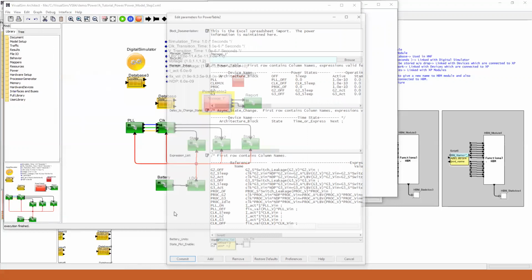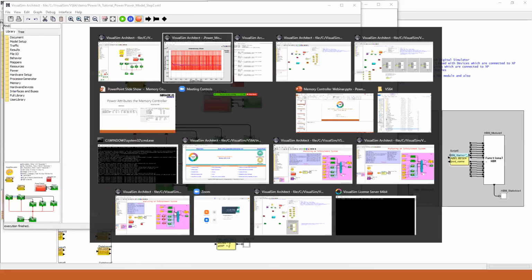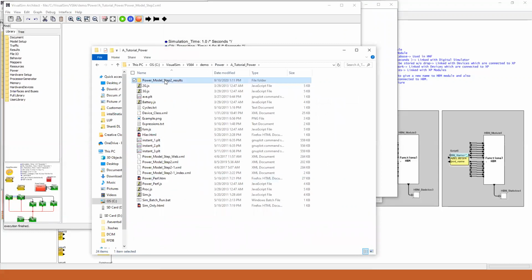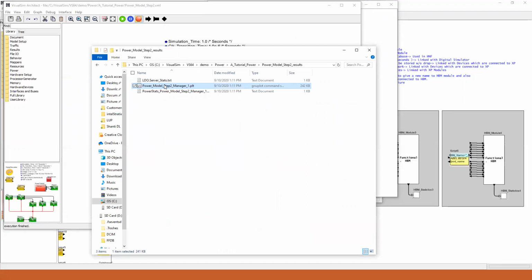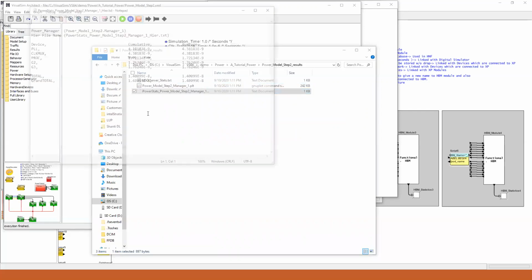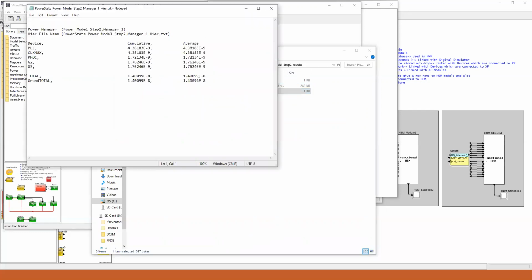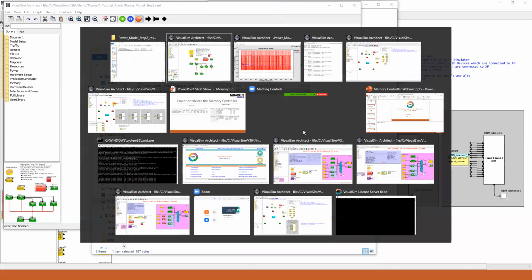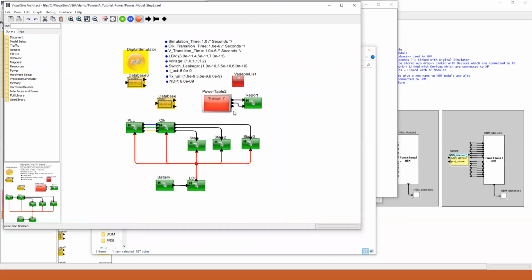I'm going to move into the desktop here. And I'm going to look into, here we go, each device, and I can see cumulative and average power for that particular device. So it allows me to look at those aspects of power as well that are beyond what you'd be looking at for a particular design in terms of the